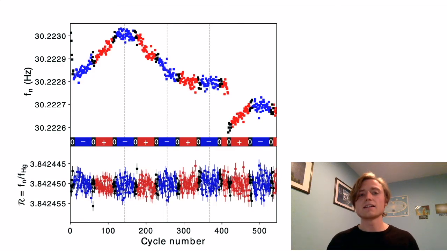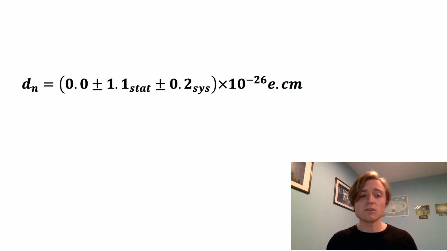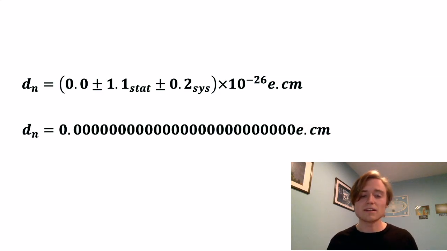So they went through all the calculations and all the analysis, and they found that the electric dipole is this: 0.0 plus or minus 1.3 times 10 to the minus 26. And if we put that into decimal places instead of scientific units, we end up with something like this. So it's an incredibly precise measurement, and this measurement is said to have thrown out numerous theoretical models of how we could violate CPT symmetry.